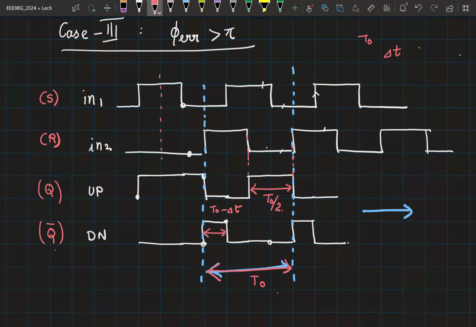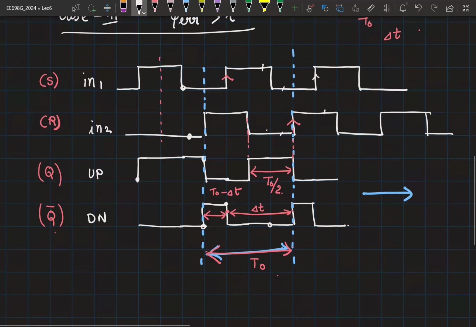Is that clear to everyone? Can you see that this has to be delta T? So this is measured from the rising edge of the signal to the rising edge of the signal. That means this has to be delta T. So if this is T naught and if this distance is delta T, then the remaining pulse width has to be T naught minus delta T. Any questions on that? Okay, so now if that is clear,